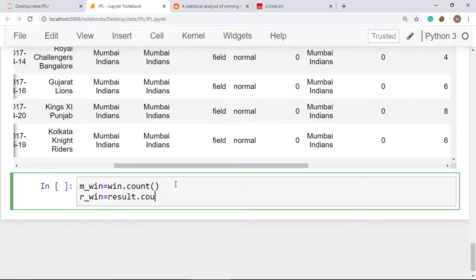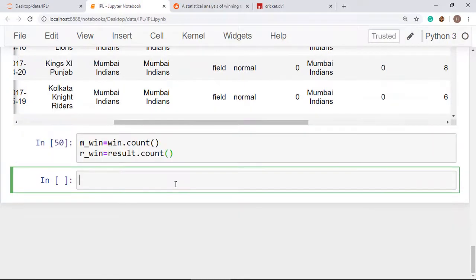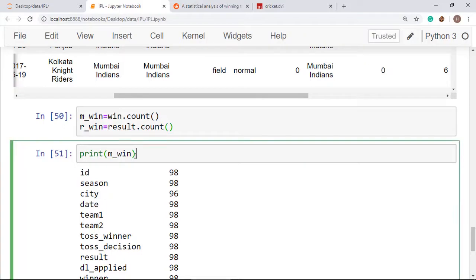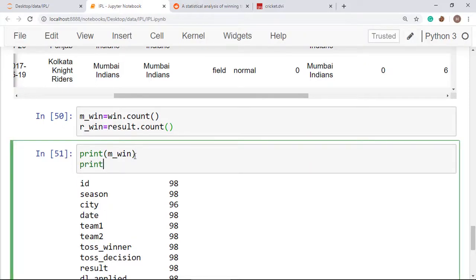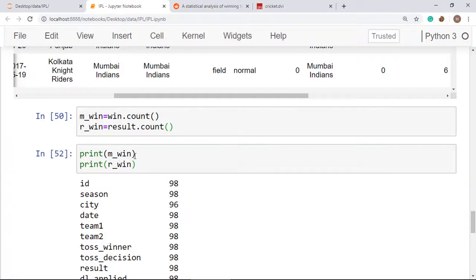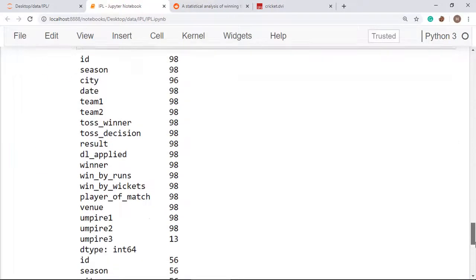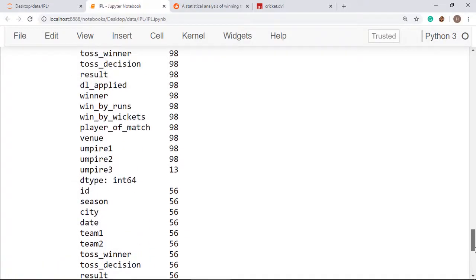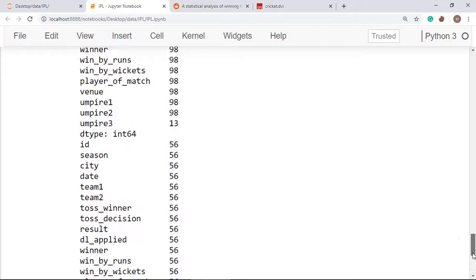So result dot count, so we can get the value when we print m_bin as well as we can also print r_bin. Okay, so here we can see 56 times Mumbai Indians has won the toss as well as won the match.